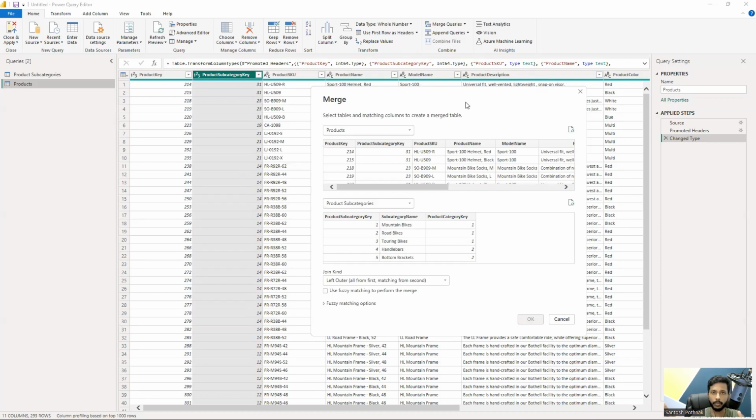Okay. So if you wanted to merge the two tables, there should be some common key. Otherwise, there is no meaning in merging. Merging also doesn't happen. So I identified the common column is product subcategory key in this table and the product subcategory key from